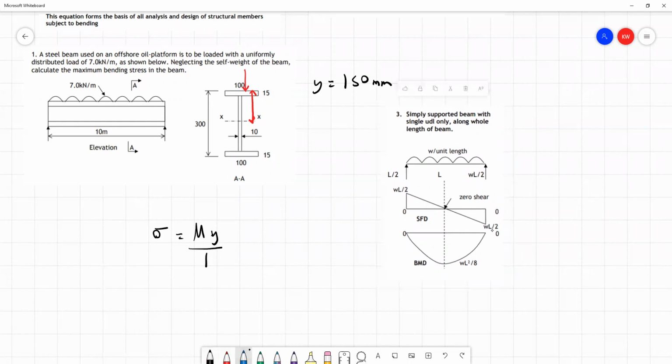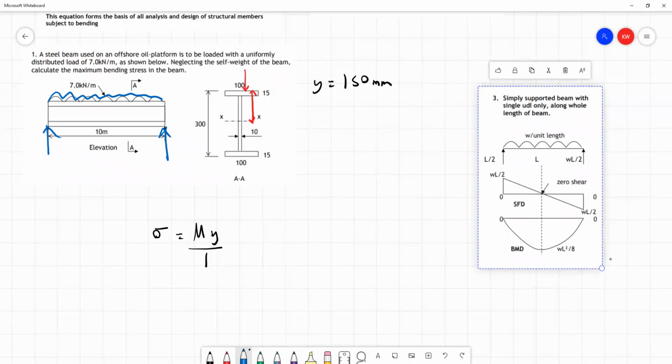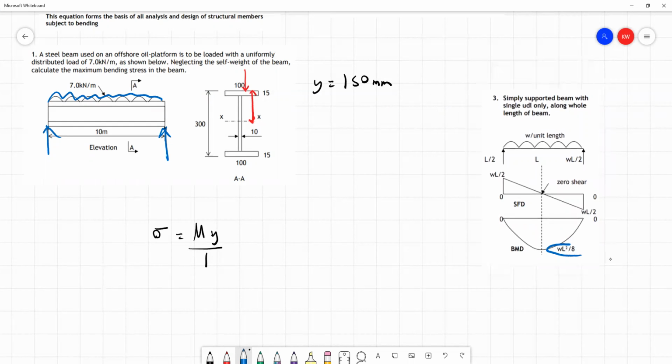We've got a UDL along the top, and we've got a simple support at either end. So that's just like this example here. And when we have this, it tells us that the maximum bending moment is given by this relationship here, WL squared divided by 8. So W is our UDL, and L, length of the beam, is 10 meters, and well, we divide that by 8,